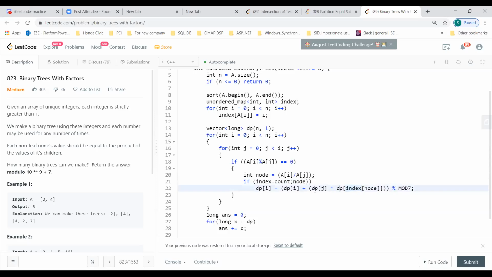When we are building from the smaller subtrees to the top, we can use that information. This is also similar to what Shashank is doing. So you multiply DP[j] with the newly formed node's index, and whatever you get, you add to the same DP[i]. We are just adding that and then taking the modulo of mod 7.